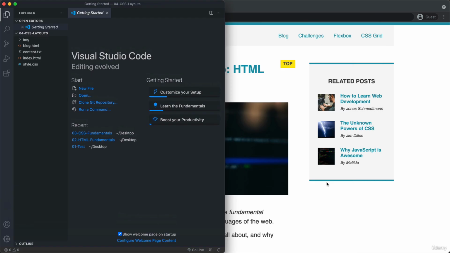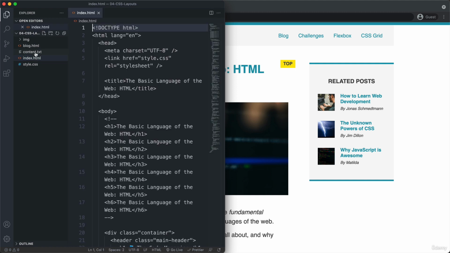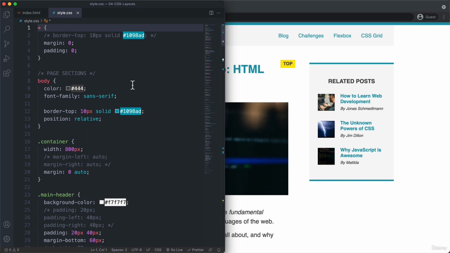Okay, and in the meantime, actually my VS Code has updated, so it now looks a little bit different, but that is of course not important. So what matters here is that our files are exactly as we left them before. So let's open up the relevant ones, close the sidebar,